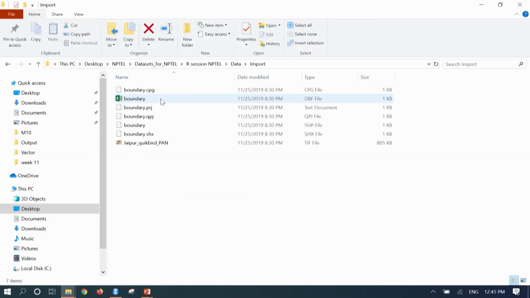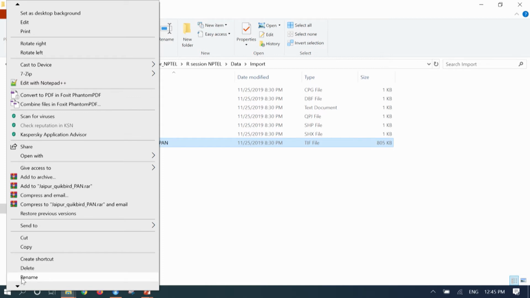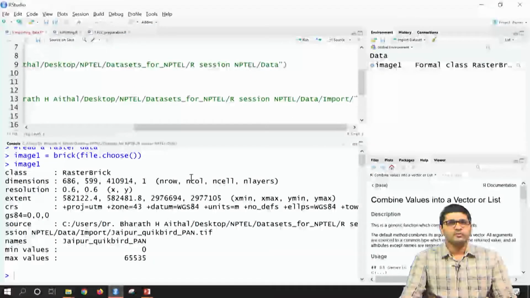Inside the import folder there is a file called Jaipur underscore quickbird underscore pan. I will just copy the name of this, and bring it into our environment.